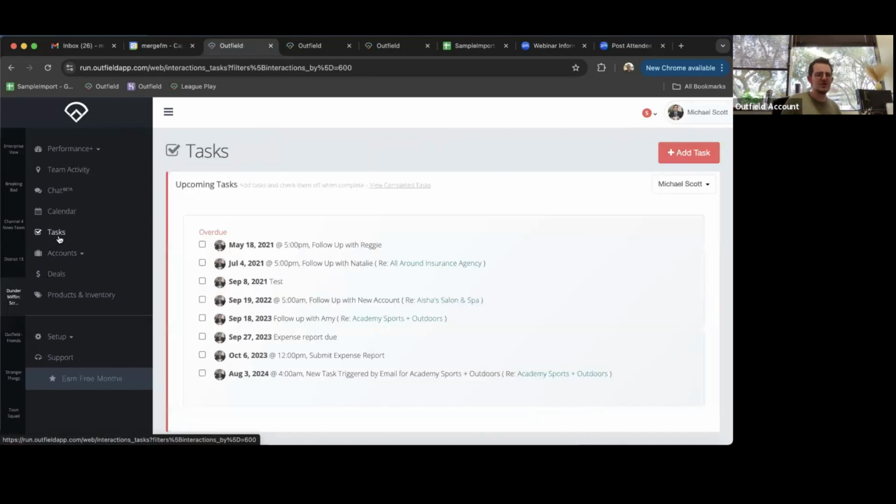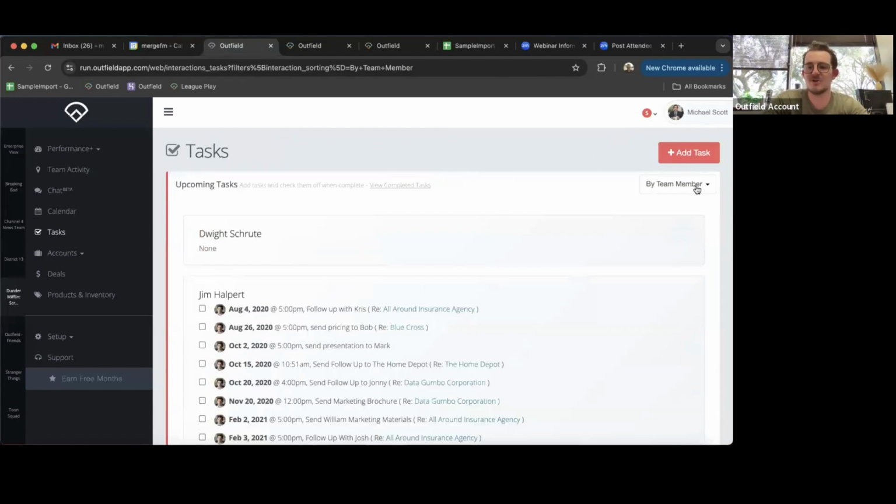But we're going to jump here to our tasks page. This is in the same realm of preparation as the calendar, right? Tasks help us stay on top of things that need to get completed. And so we see here my task list by default, but if I want to break this down by our team members and see everybody's task list stacked on top of one another, I'm going to change that here within